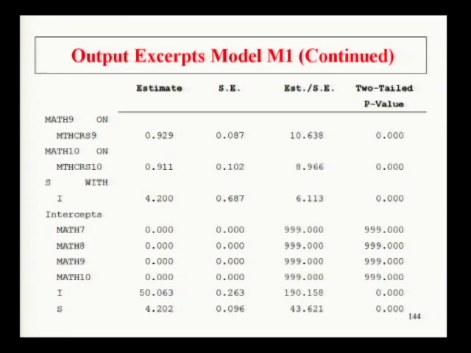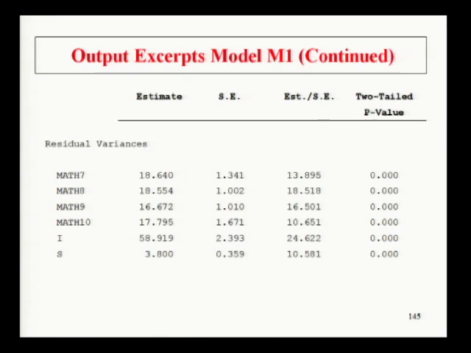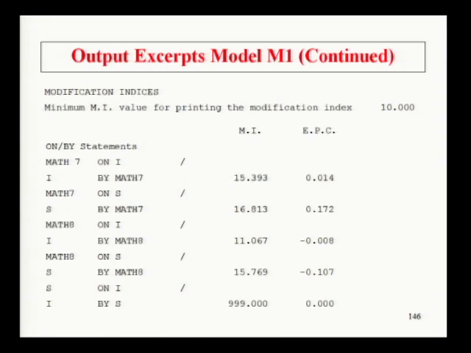You can actually test whether they're equal or not by doing a second run where you hold them equal. Then you have two nested models, and you can take 2 times the log likelihood difference to get a chi-square test of the equality of effects of the time-varying covariates onto the outcomes. Let's see, is there anything else of interest here? Not really. You have modification indices,